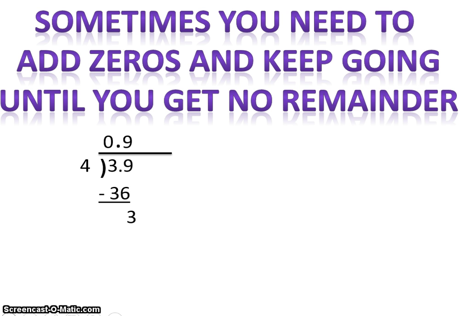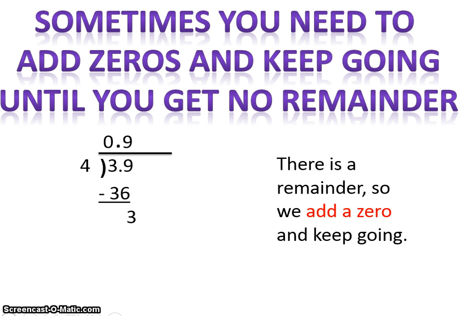And when I do that, I get a remainder of 3. We are not finished until we get a remainder of 0. Because there is a remainder, we're going to put a 0 on the end of our dividend. Now we know that does not change the value of 3.9. We can add as many zeros after the decimal without changing the value. We're going to put a 0 at the end of the dividend, bring the 0 down, and then